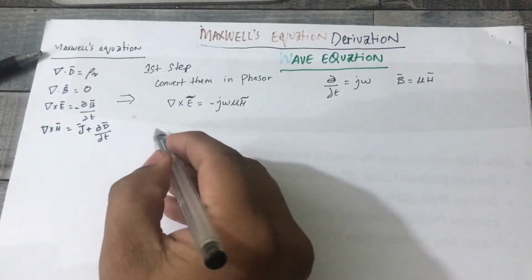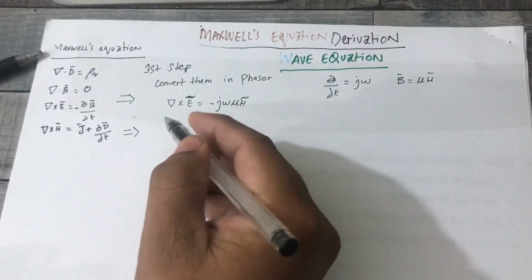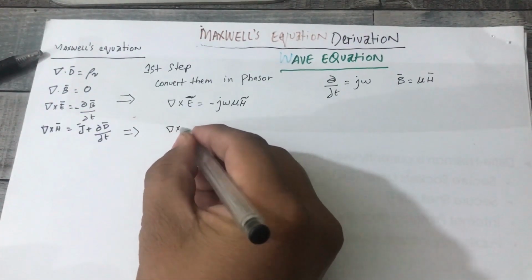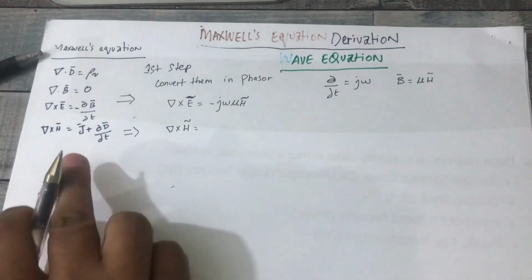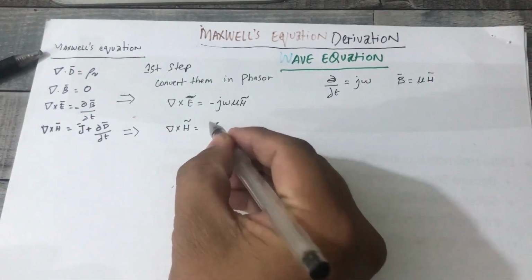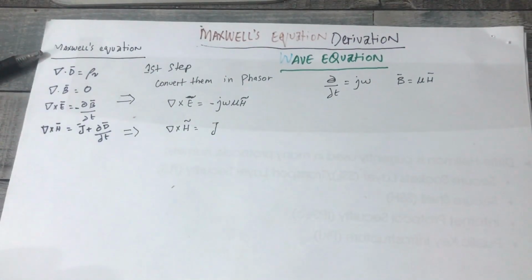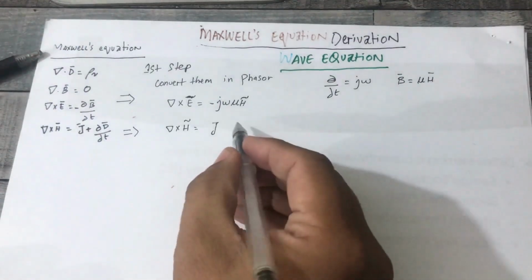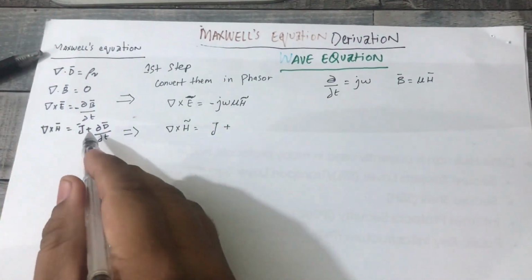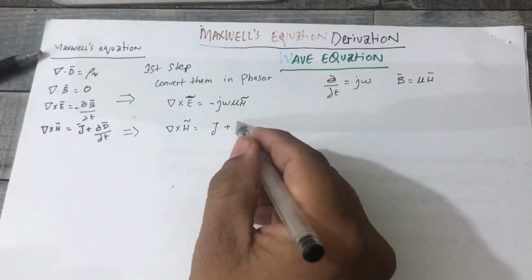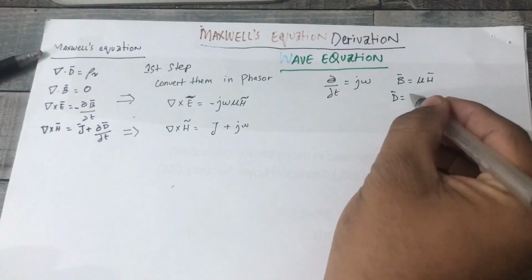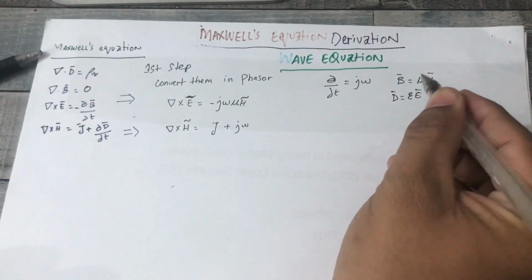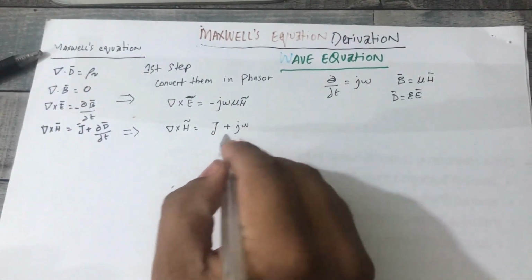Now for the second equation, I'm going to do exactly the same thing. The curl of a magnetic field, I'm going to replace that in the phasor domain. The curl of that magnetic field is J, which is conducting current, plus the Maxwell term, where d over dt can be replaced with j omega, and D is given by epsilon times E. I'm going to make that replacement as well. So this would become